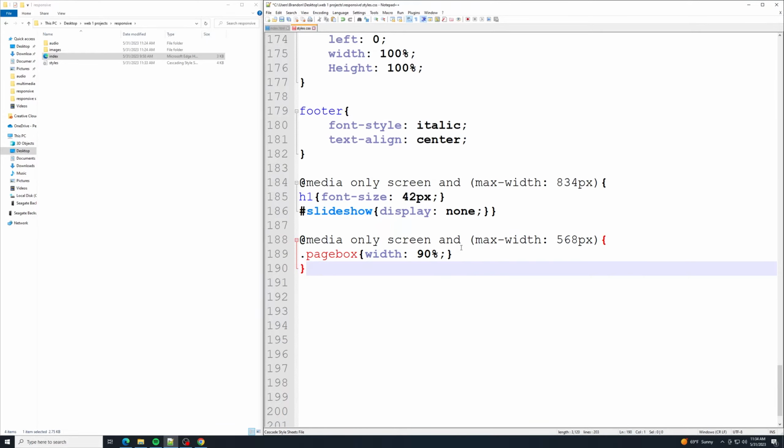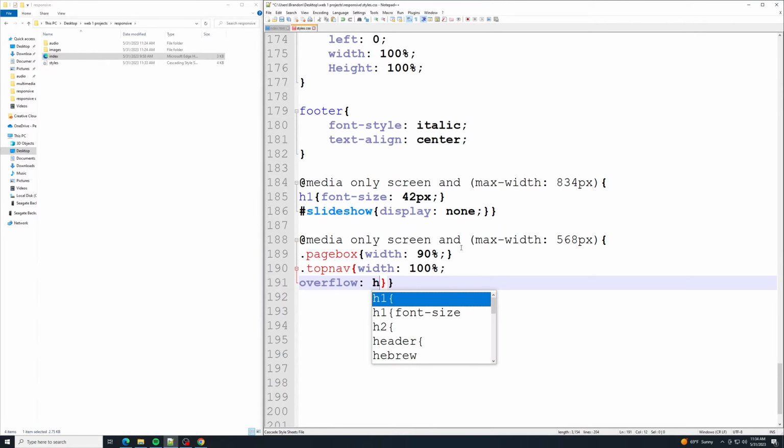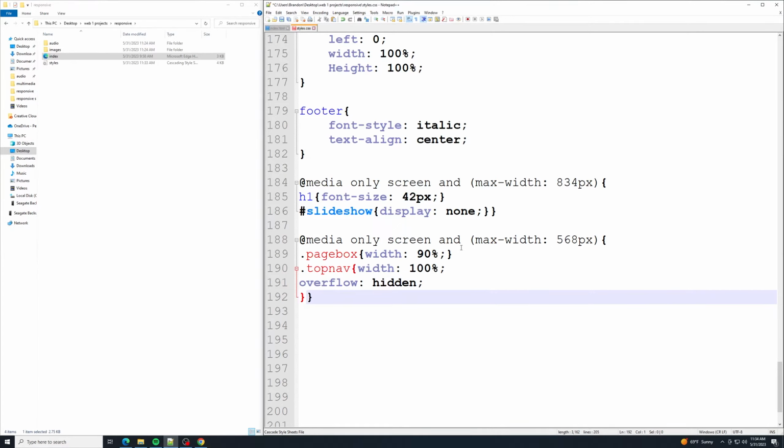Another thing we can do in there, we don't need to worry about the margin because they are already auto. But with that top nav, that's something I want to play around with. So I'm going to use dot top nav, and I'll put my fancy brackets in here, and I'm going to go width of 100%, and then I'm going to press enter, overflow hidden, padding none,